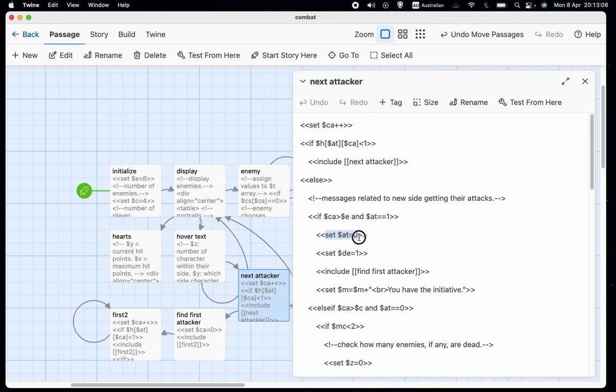So we set $AT to 0 for attacker, we set $DE to 1, and what we used to do was we would set CA to 1,